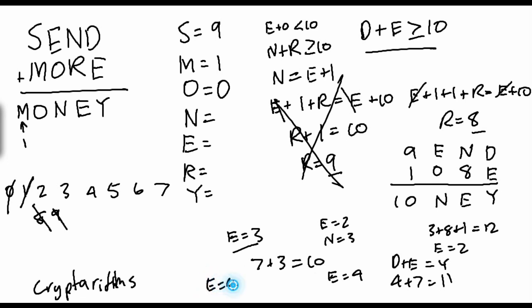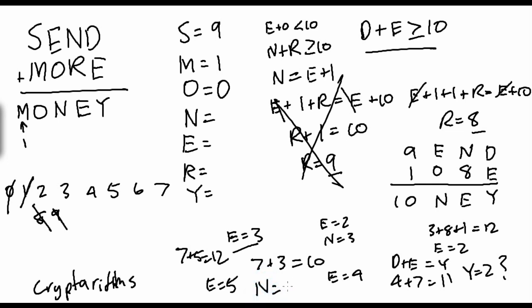Now let's try E equals 5. If E equals 5, then D could equal 9, 8, 7, 6, or 5. So let's try 7, because 7's still not taken. Then 7 plus 5 equals 12, and Y would equal 2, sorry, it's getting a bit messy. If Y equals 2, then 2 is not taken. It used to be taken when we were guessing and checking for E equals 2, but now it's not taken because E is 5, and that means N would